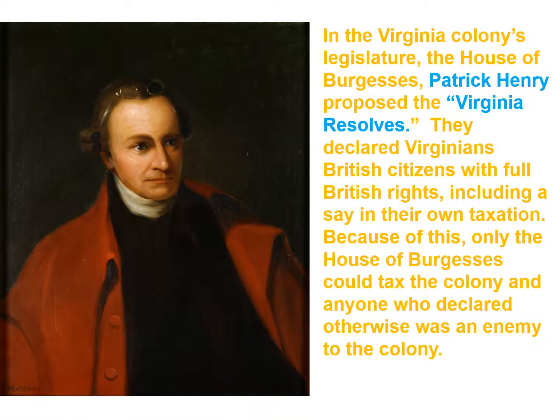As a number of colonial legislatures began to debate Otis's book and the legitimacy of the Stamp Act, the Virginia legislature, known as the House of Burgesses, sort of took the lead. In the House of Burgesses was a young legislator named Patrick Henry, and he's going to propose something called the Virginia Resolves. Henry was 29 years old and serving his first term in the House of Burgesses.